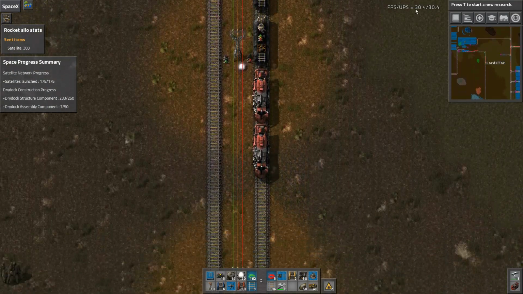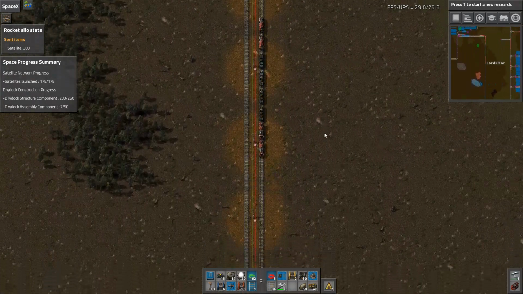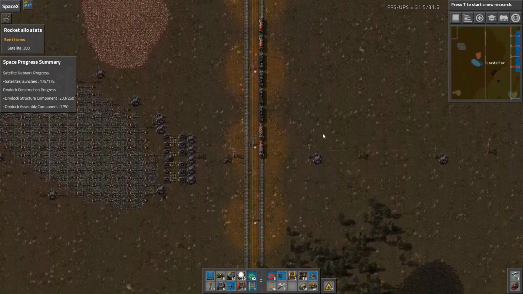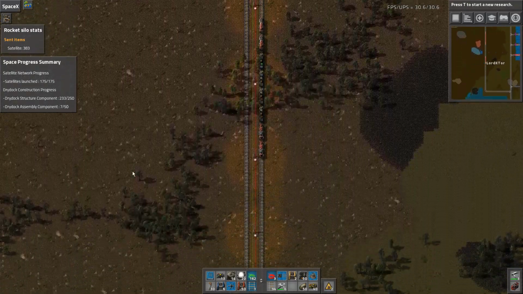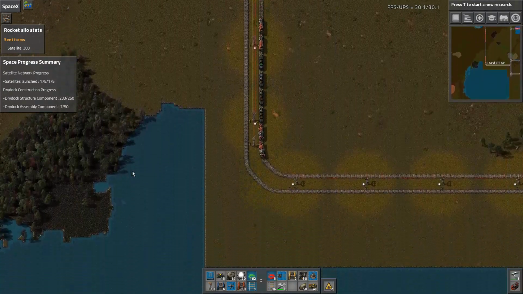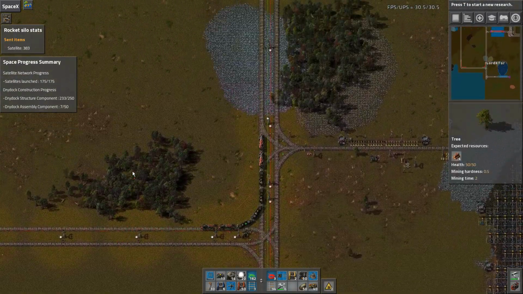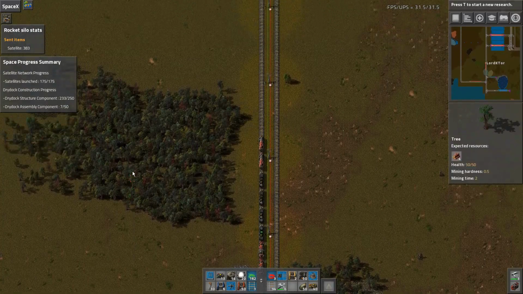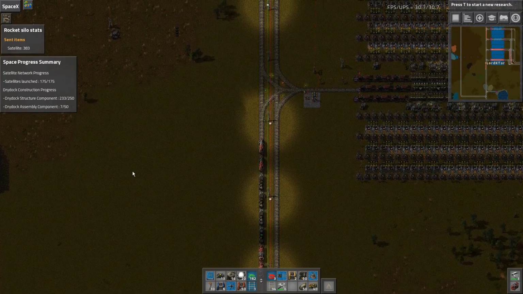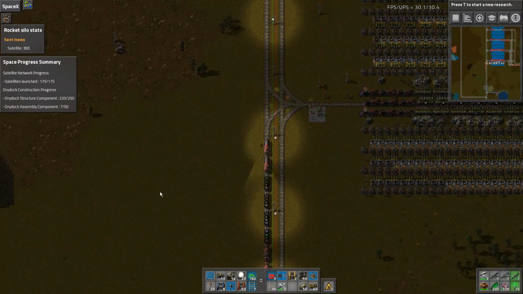You notice without science going, our UPS is now, well, it's not great, but it's better than it was. That's our stone that we're using for landfill. Somewhere around about, yeah, well in fact we know that that is a